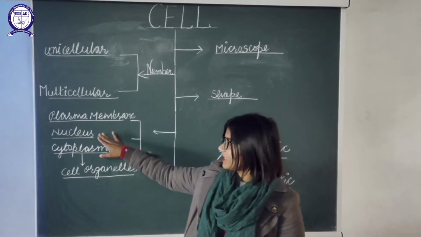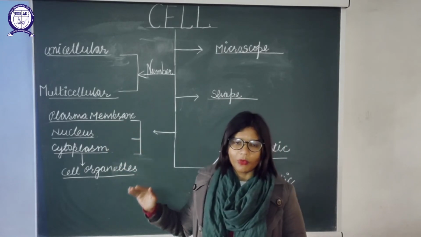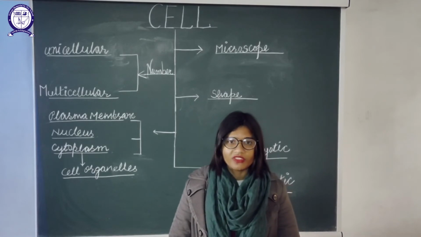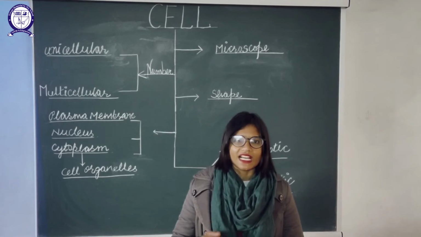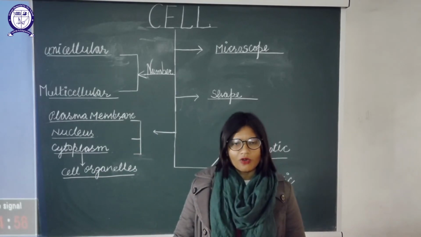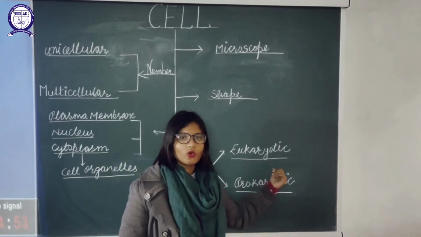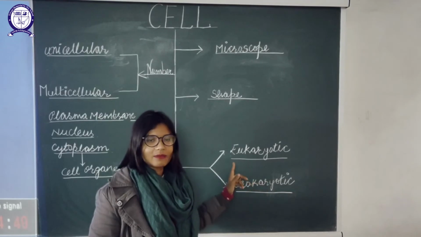And after that we will see the nucleus, okay. The nucleus is one of the most important parts of the cell as it is needed for the protection of the genetic material, which is DNA, which is residing inside that nucleus. Okay, so the nucleus is there in the middle of the cell. So based on the nucleus we can divide cells into two major types. The very first is prokaryote and the second type is eukaryote.